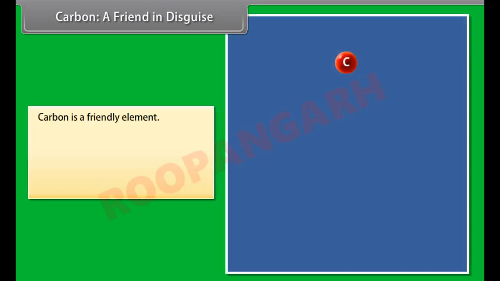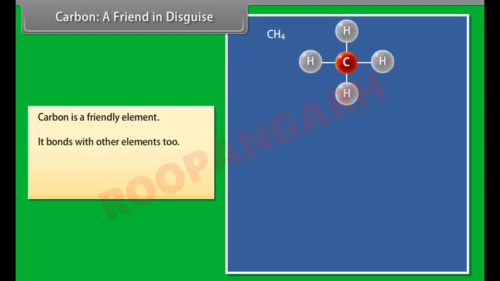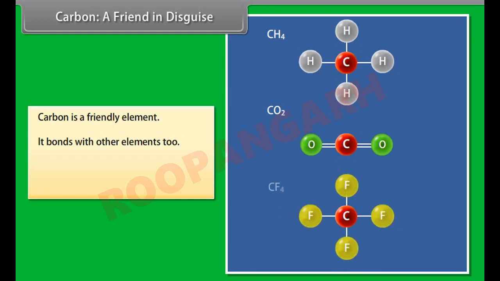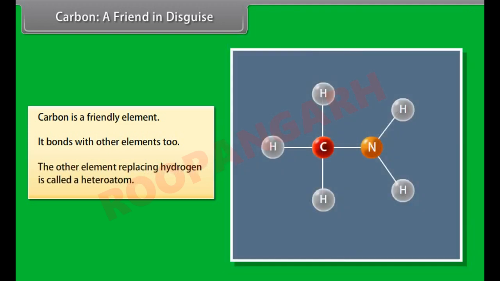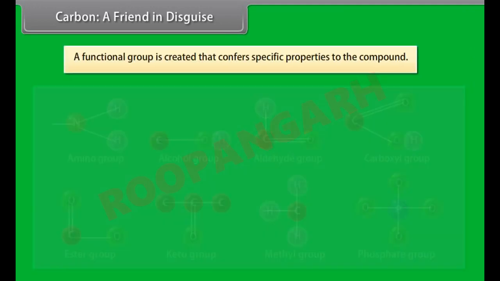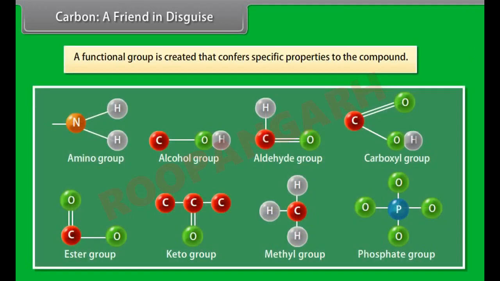It not only bonds with hydrogen, but also with other elements such as halogens, oxygen, nitrogen, and sulfur. The compounds are formed in the same manner as with hydrogen. However, instead of hydrogen, the other element is used, and this element replacing hydrogen is called a heteroatom. A functional group is created that confers specific properties to the compound without considering the length and nature of the